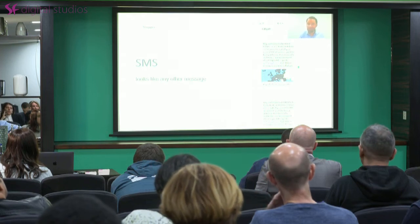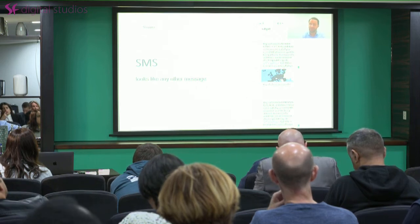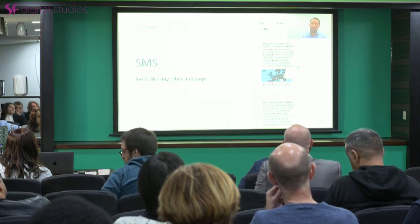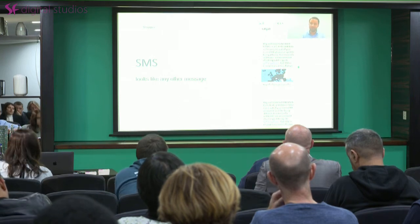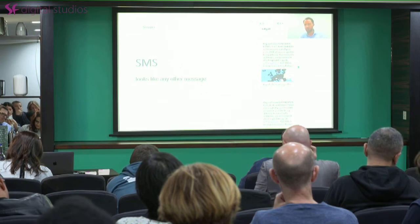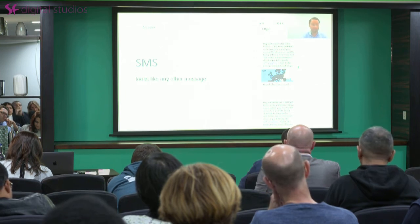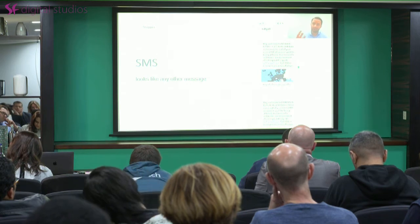Text messages, if you already have a phone number, send some text messages. And nowadays, text messages, SMS messages, are very similar to any other messages, like short emails, tweets, instant messages, etc. But you can add links, and the links lead to the mobile website version, and the transaction can be completed completely seamlessly. You don't need to go from a smartphone to a laptop. The entire journey can be completed on a smartphone. And smartphones are really good. Another great thing, you can add images to those messages. And the third great thing about text messages is that